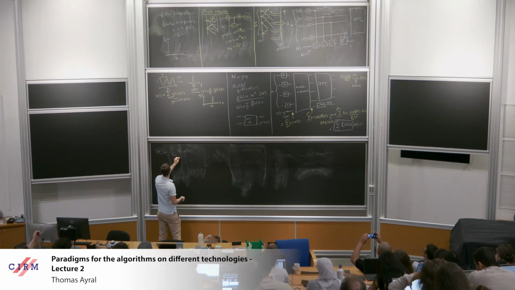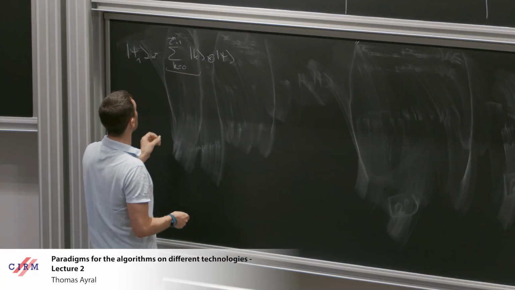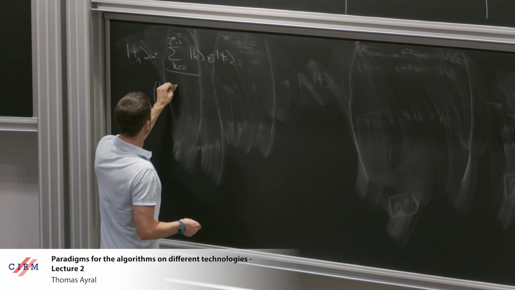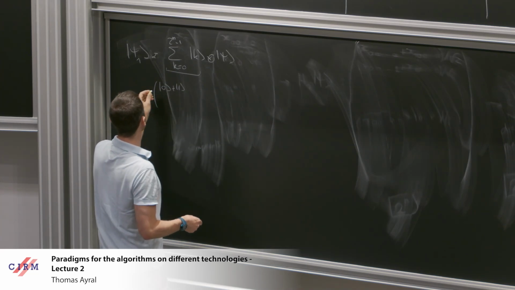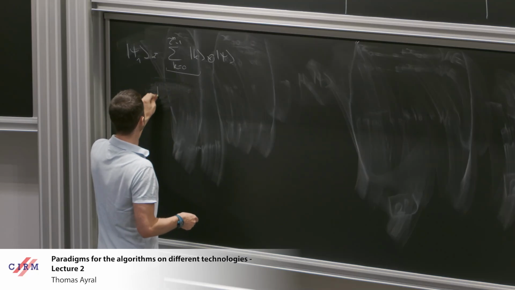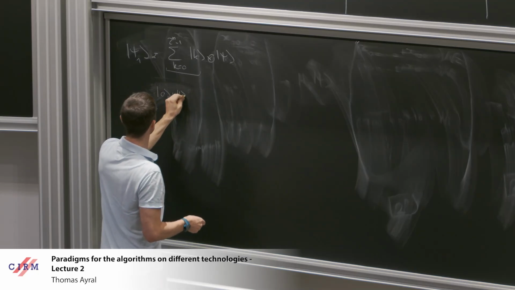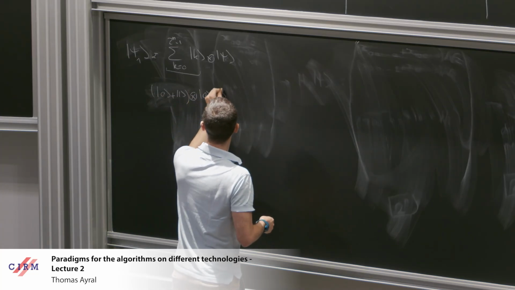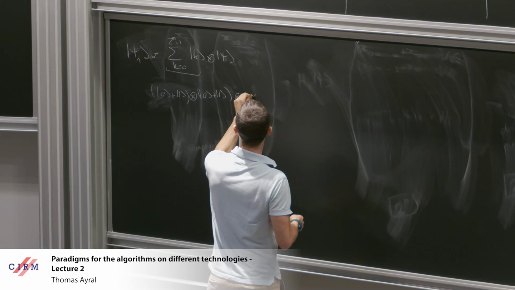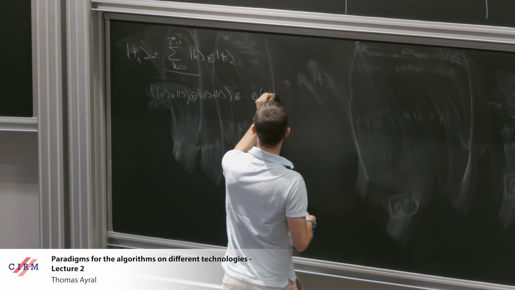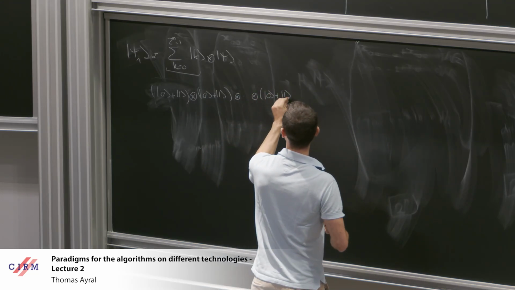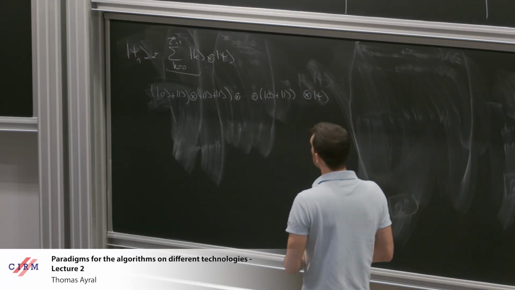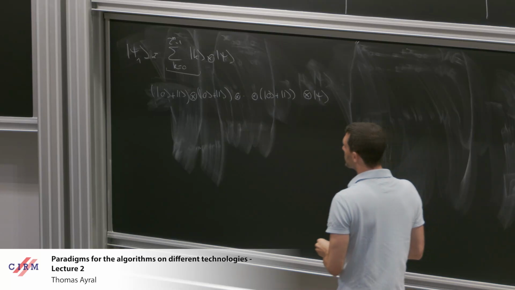For this, I'm going to use a notation which is slightly different to make it simpler. I'm going to say that this state is in fact (|0> + |1>), let me spare you the square root of 2, (|0> + |1>) tensor (|0> + |1>), and so on, n times, tensor psi. So this is my initial state after the wall of Hadamards, and now I want to apply the